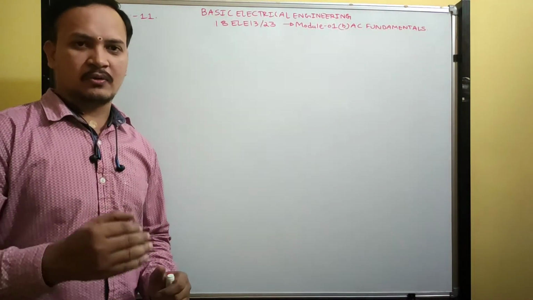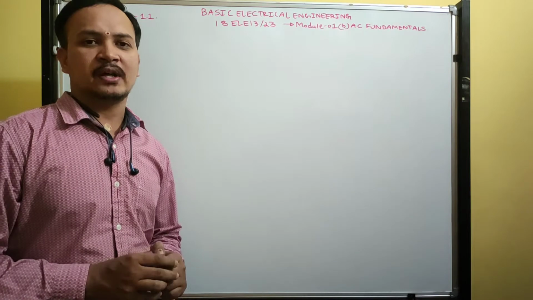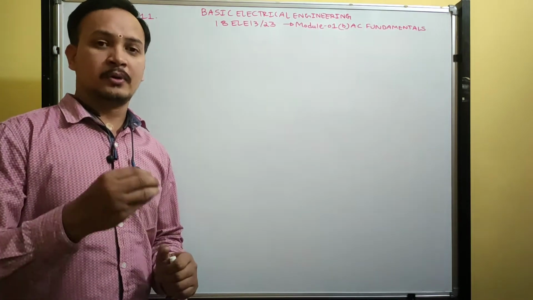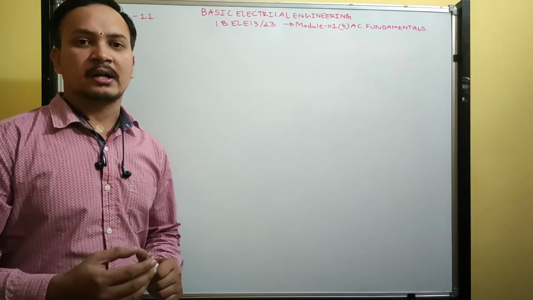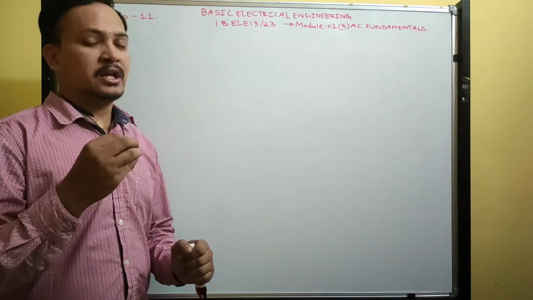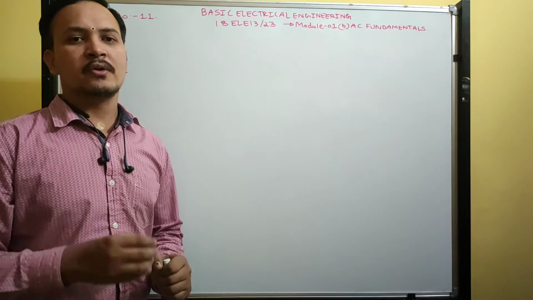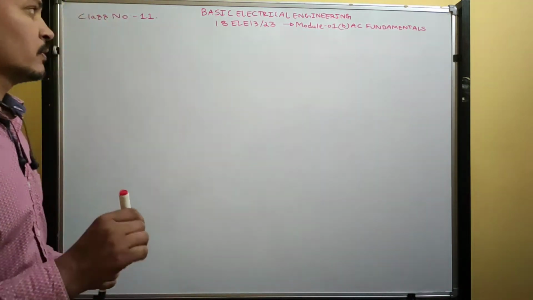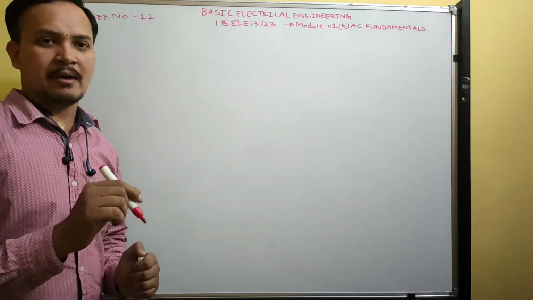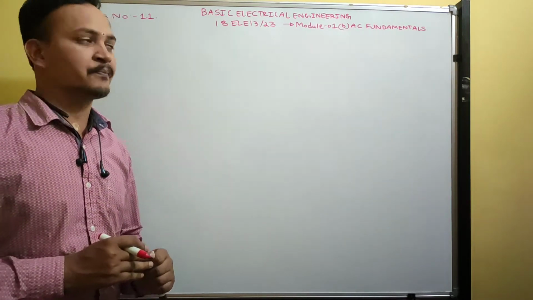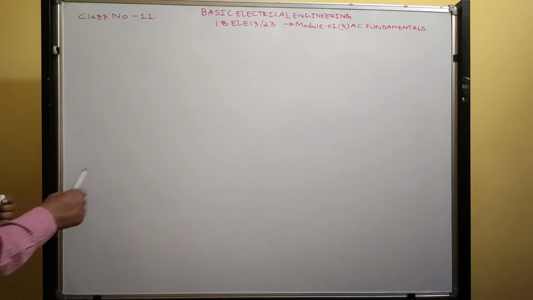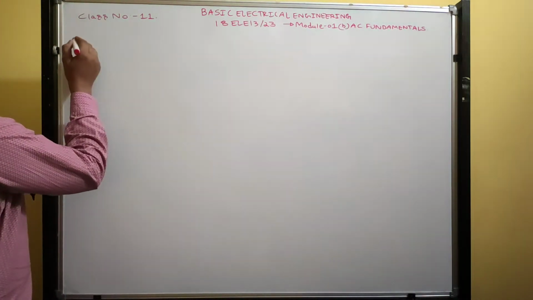In this lecture we are going to derive the RMS value and average value of a pure sinusoidal waveform, full rectified waveform and half rectified waveform. It is a very important topic for the university exam. Pakka, they will ask one question on this RMS and average value, any one of the three waveforms. We can discuss in detail what RMS and average value are.